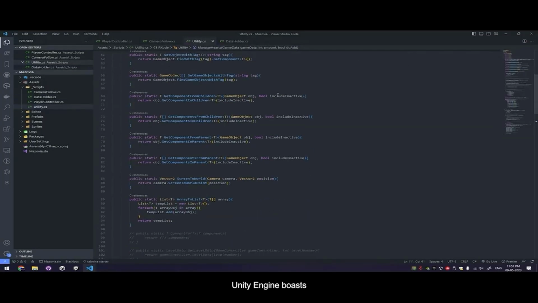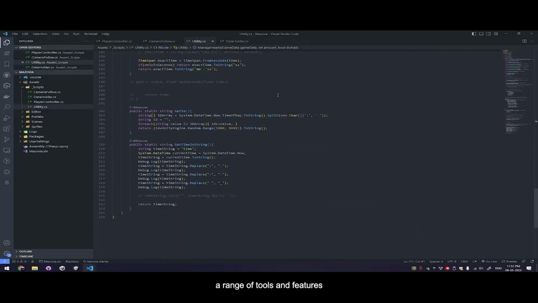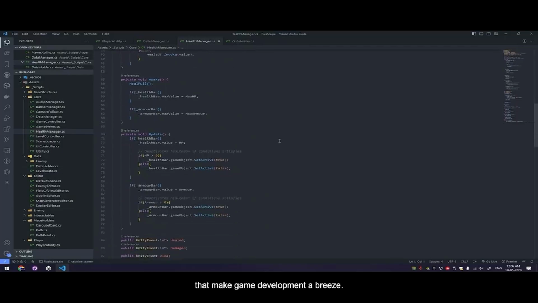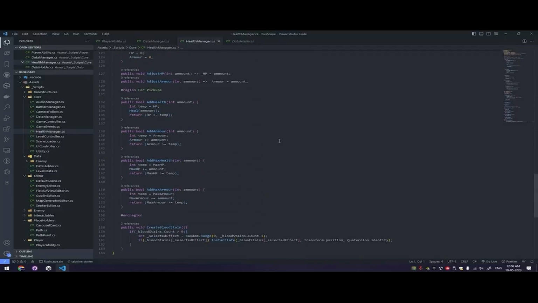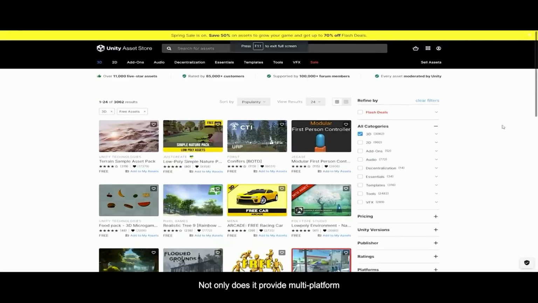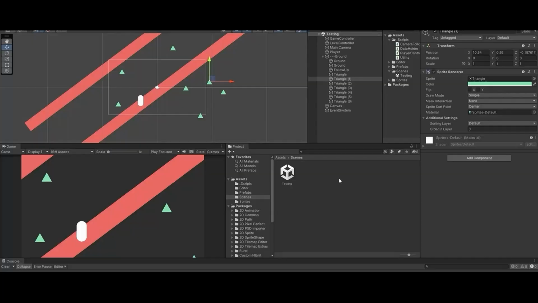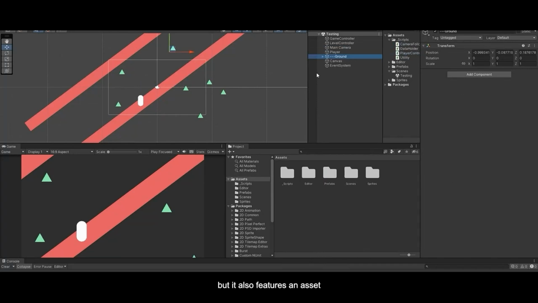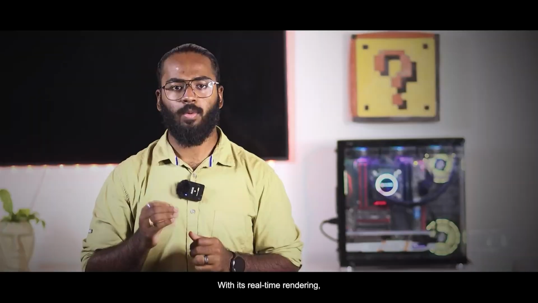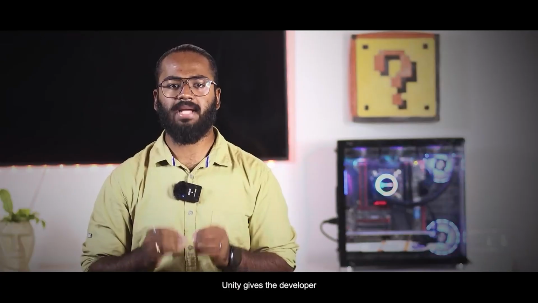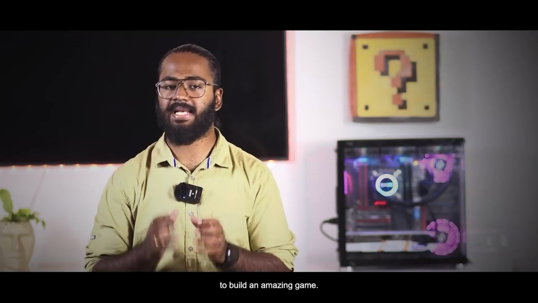Unity Engine boasts a range of tools and features that make game development a breeze. Not only does it provide multi-platform support and cross-platform development, but it also features an asset store and scripting using C#. With its real-time rendering, physics engine, and audio engine, Unity gives the developer everything required to build an amazing